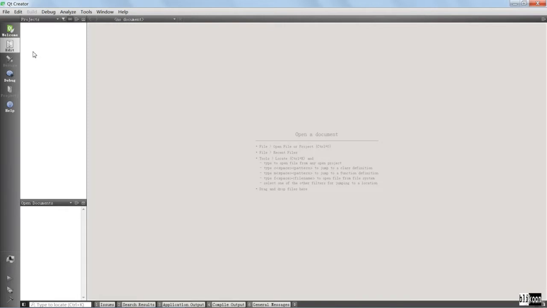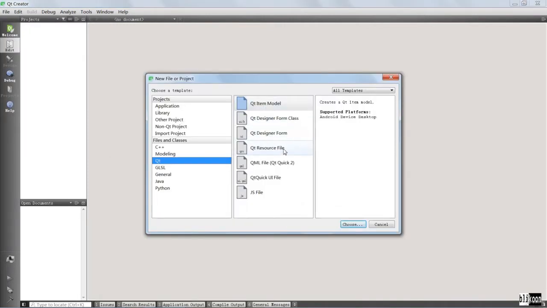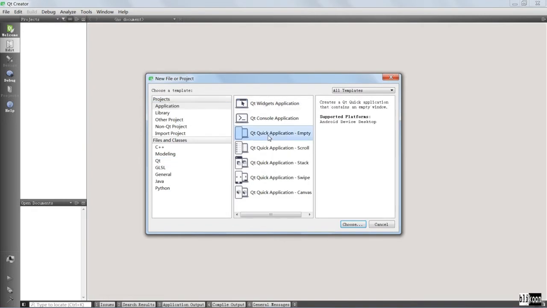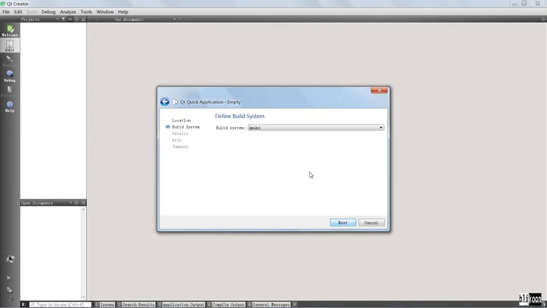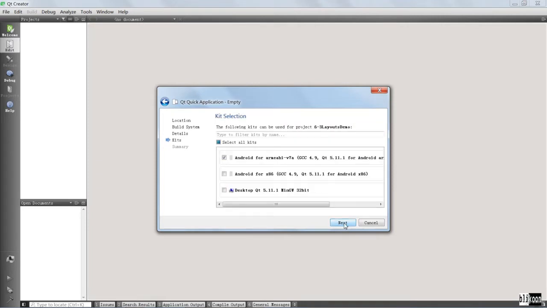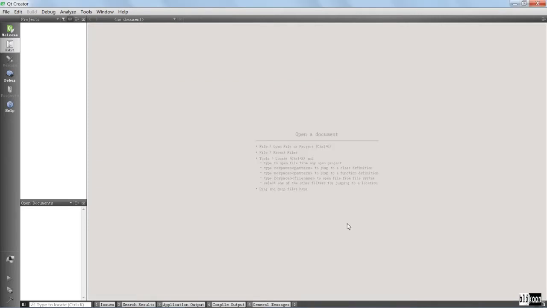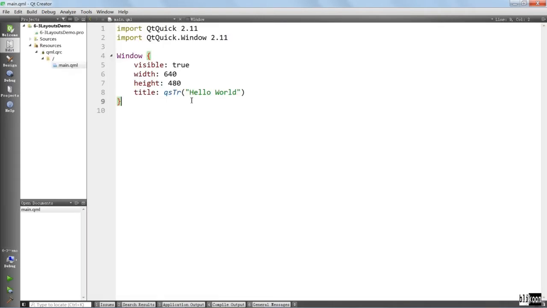Here we are in Qt Creator. We're going to create a new project. It's a Qt Quick application. We're going to call it Layouts Demo. Hit Next. Choose the latest version of Qt you have installed here and choose your kit. We are going to change the title here. It's going to say